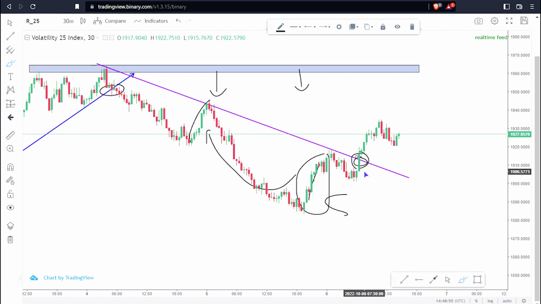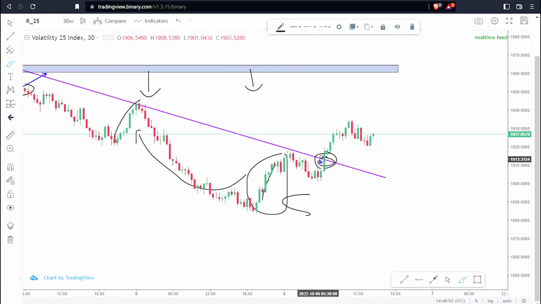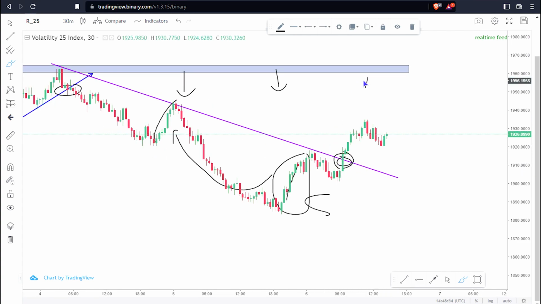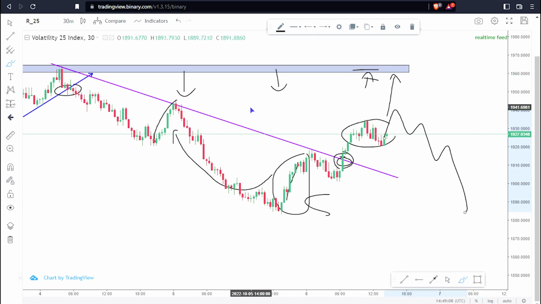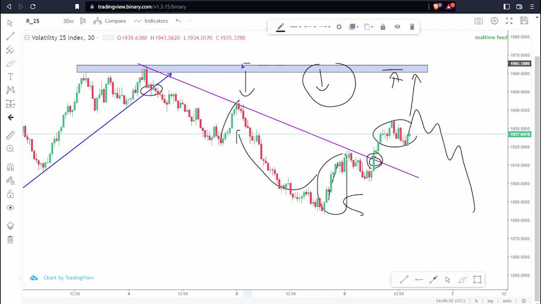I know it can be very, very tempting to say, okay, let me buy here and I will exit towards that area there. What you need to keep in mind is that it is likely that the price doesn't reach that area, meaning you will buy around here and say, okay, I will exit all the way there, and all of a sudden the price will just start going down. Why? Because of the thing that I indicated earlier, that all the way below this region, it is sellers territory,